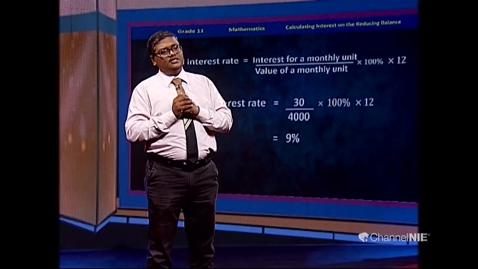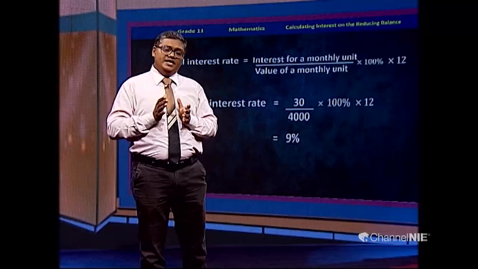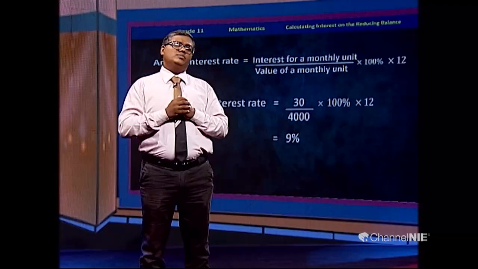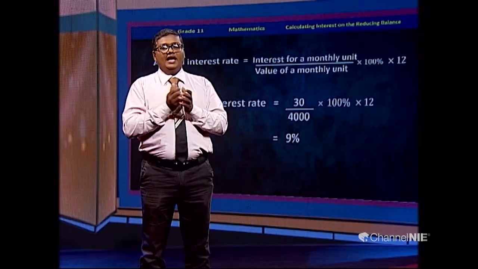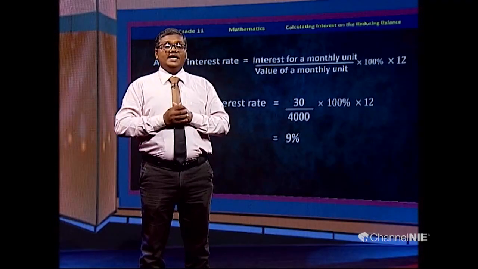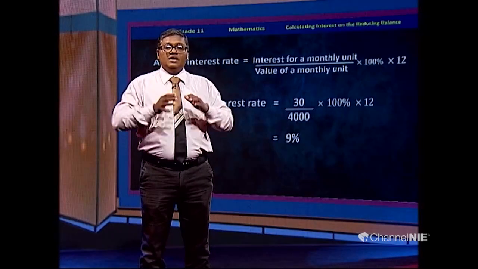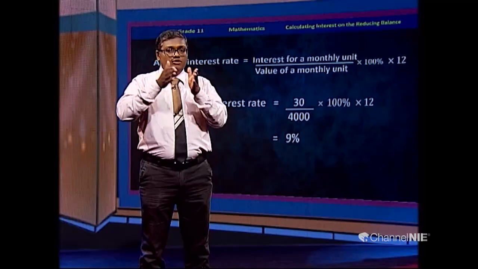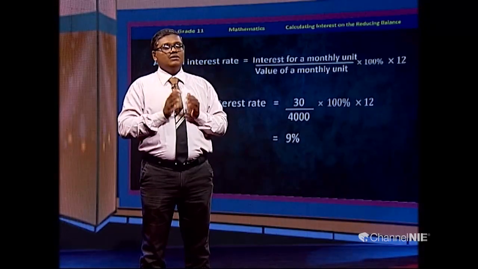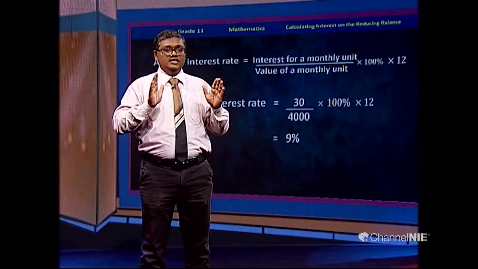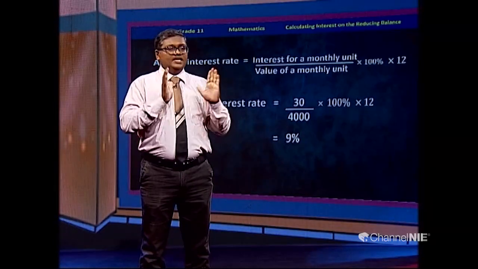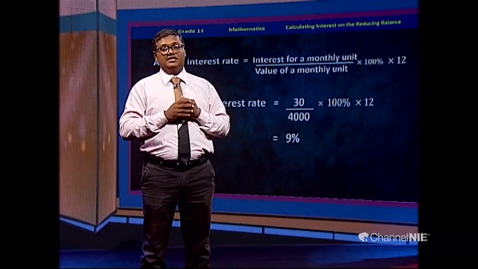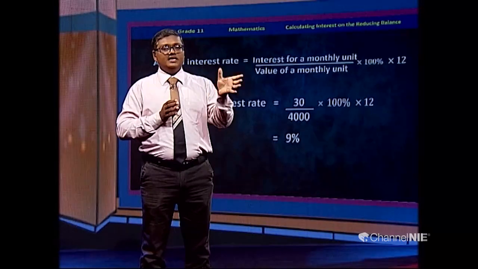How to pay this total interest? This total interest should be paid in equal monthly installments. You take the loan, add the total interest to that, then you get the total amount. This total amount can be divided by the number of months. Then you get the value of a monthly installment. That is one way. The second type of question they can give in the examination is to find the annual interest rate.